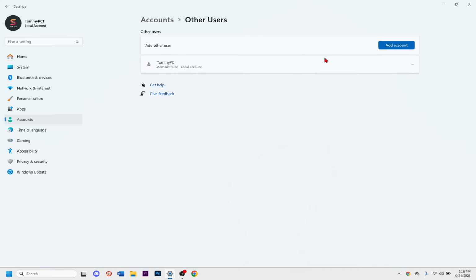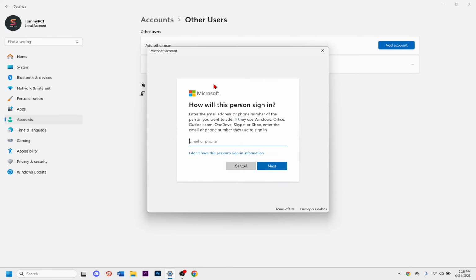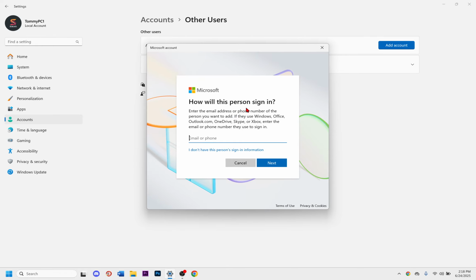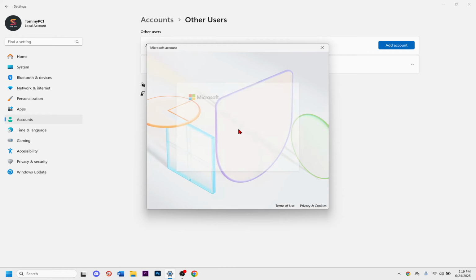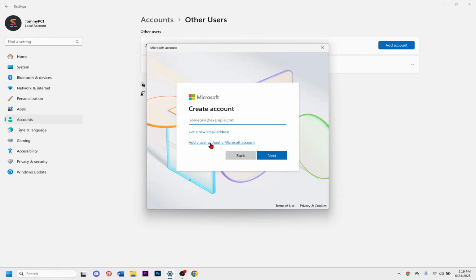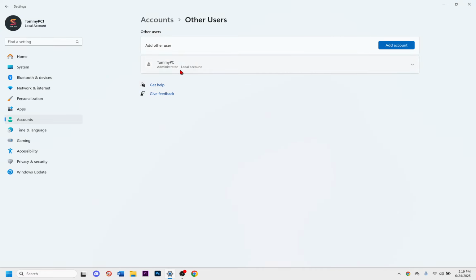Now first of all we want to add an account, so then we click on add account. And then right now you need to fill in your Microsoft details, so you can do that if you want that. But if you just want to create an account, click then on I don't have this person sign in information. Then after this we click on add a user without a Microsoft account. And then right now you can fill in your username and your password. So please do this if you want to add an account,